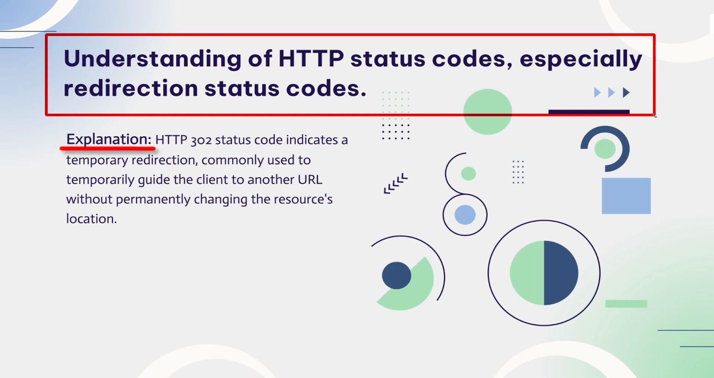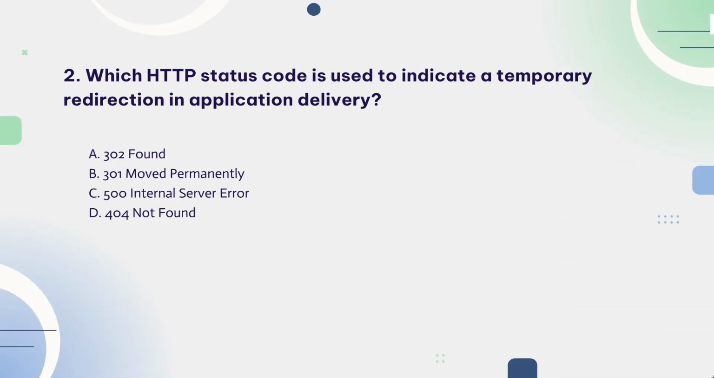HTTP 302 status code indicates a temporary redirection, commonly used to temporarily guide the client to another URL, without permanently changing the resource's location. So, the correct answer is